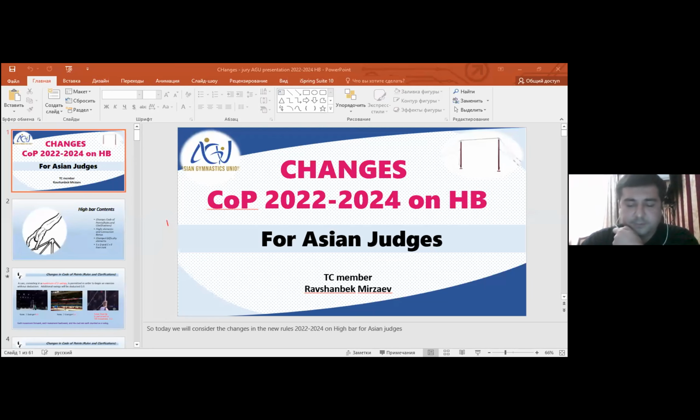A cast consisting of a maximum of 3 swings is permitted in order to begin an exercise without deduction. Additional swings will be deducted 0.3. In the first video, we will see 3 swings, no deduction.